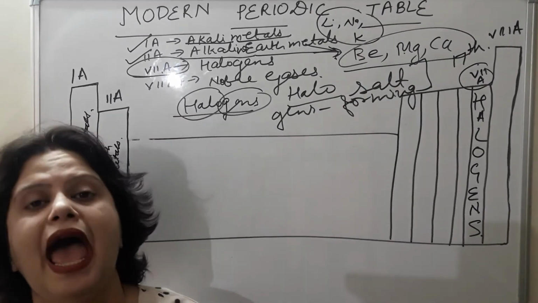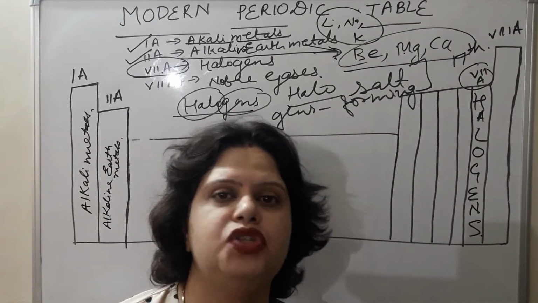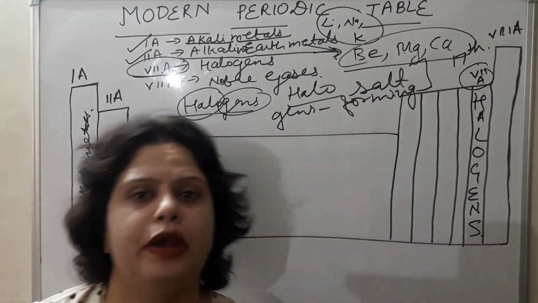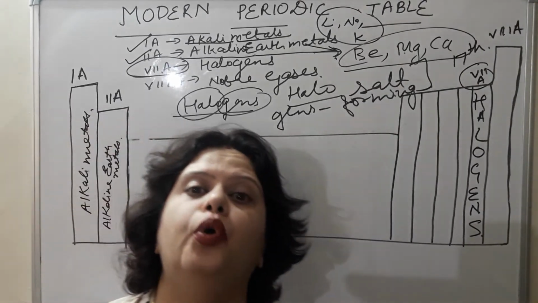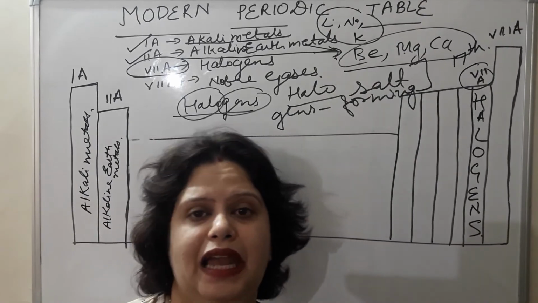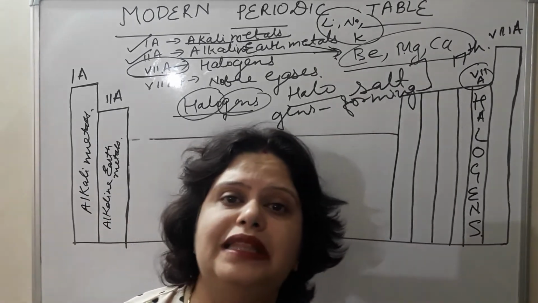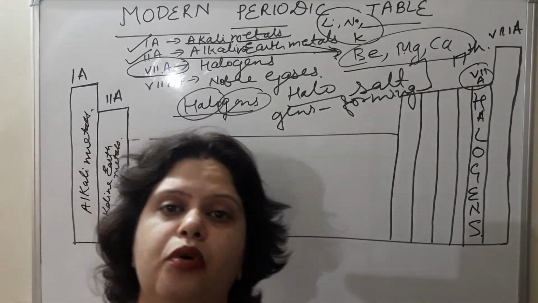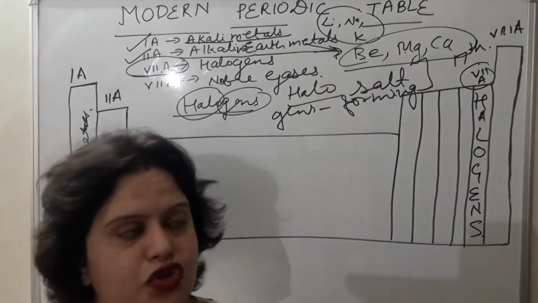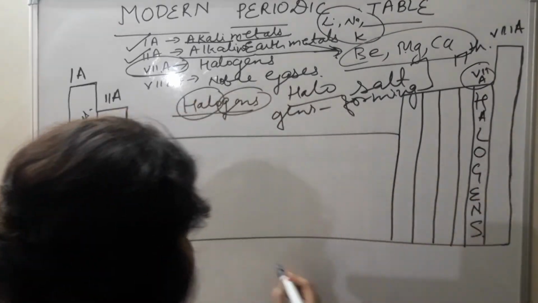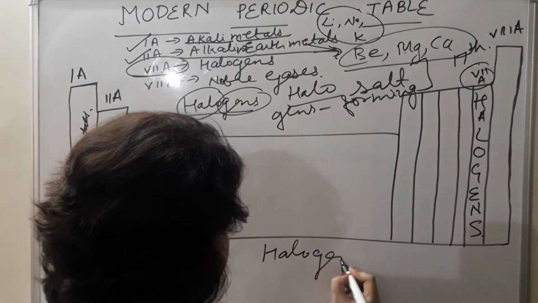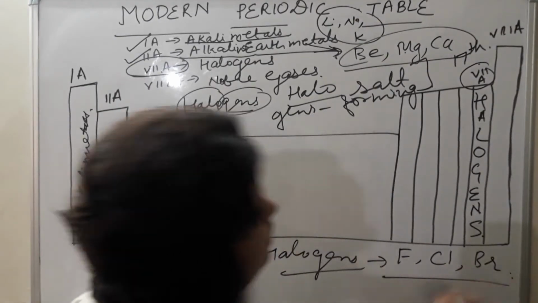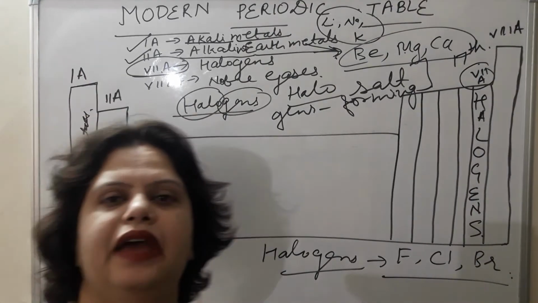This is the feature. And why are they known as halogens? That is not related to reactivity. That is related to their property, because these are salt forming elements, like fluorine, chlorine, bromine, iodine, astatine. So all these are salt forming elements. They form metallic chlorides, metallic bromides, metallic fluorides, etc. So a lot of examples are there for halogens: fluorine, chlorine, bromine. These are the examples. A few of the examples I have written.